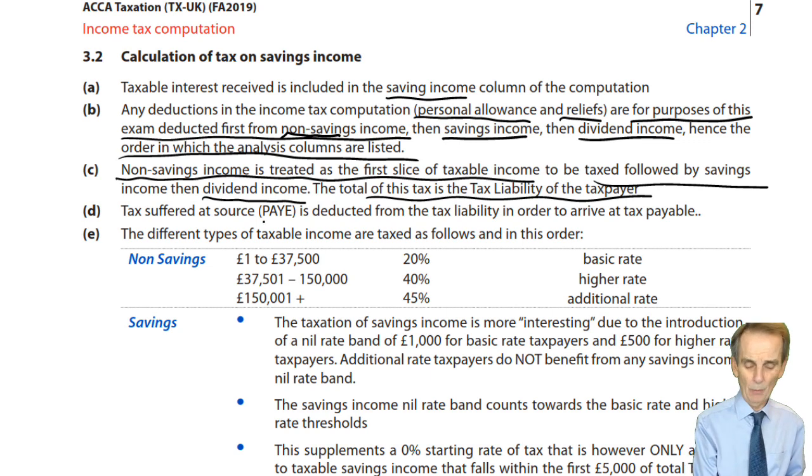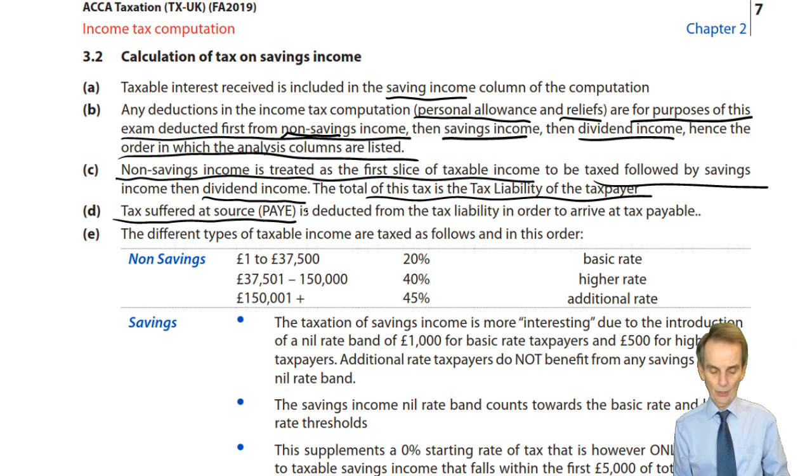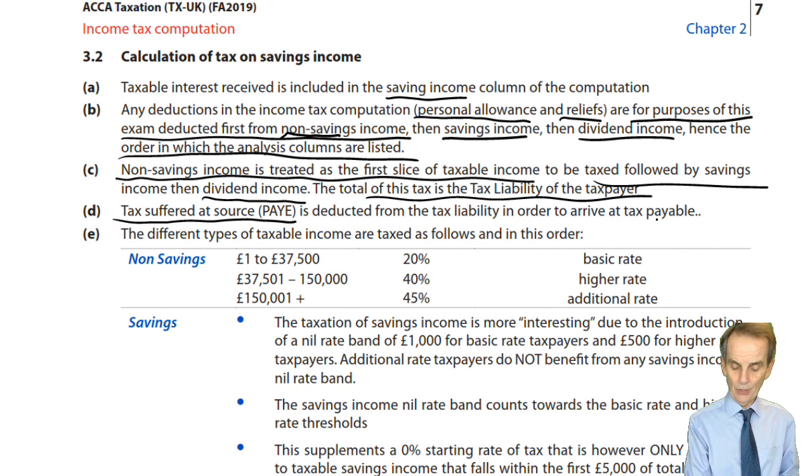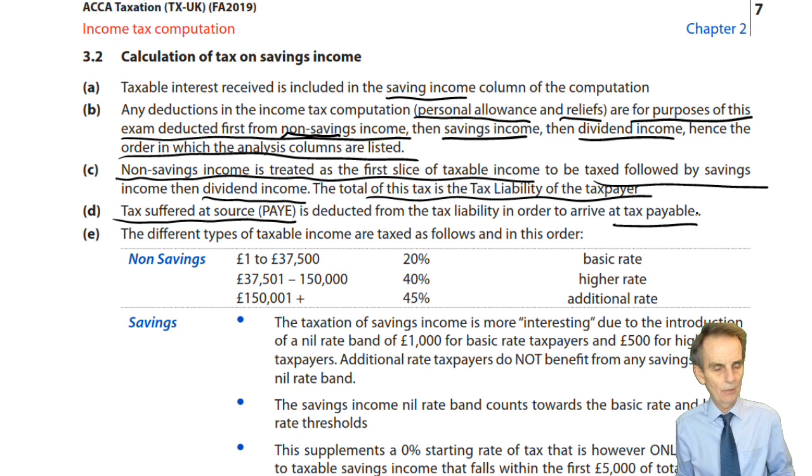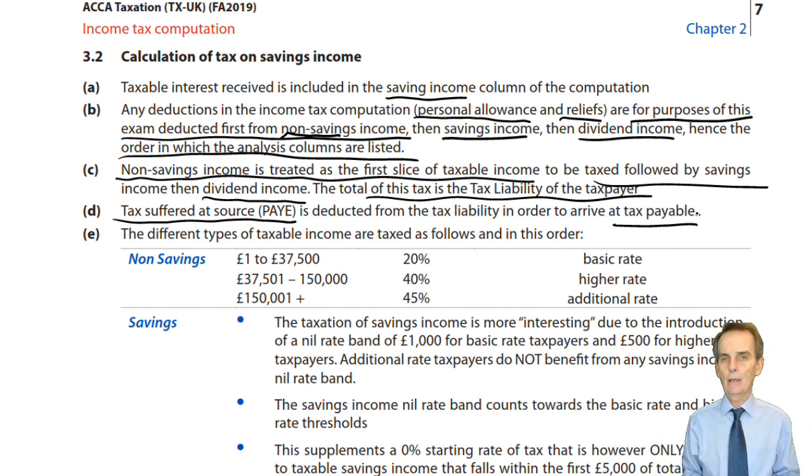As we saw with example 1, if there is employment income, then tax would have been suffered at source under PAYE. They'll only give you that PAYE figure if there is a reason to compute tax payable. Now, okay, in an objective testing question, they could very well give you the amount of PAYE, but still ask you for income tax liability. So the PAYE is irrelevant. But if they are asking you to compute the tax payable, then they must give you the amount of PAYE. You cannot compute tax payable without that figure.